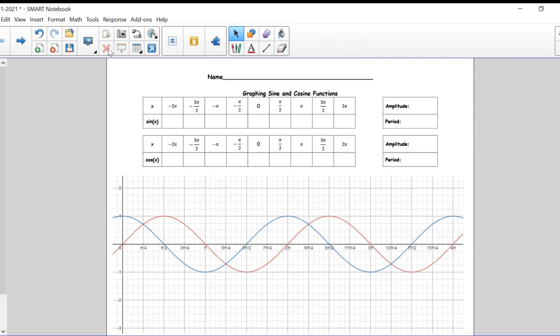If you were to take a table of special angle values, so if you look at the top of the page right here that I'm pointing to, these are all angles that you certainly know. Minus 2 pi, minus 3 pi over 2, minus pi, etc., etc. If those are your x coordinates on a graph, and the y coordinates represent the value of